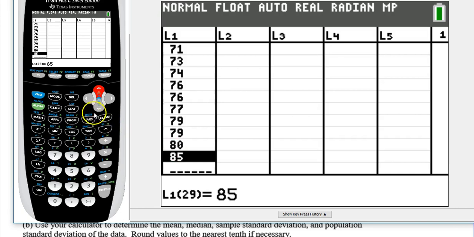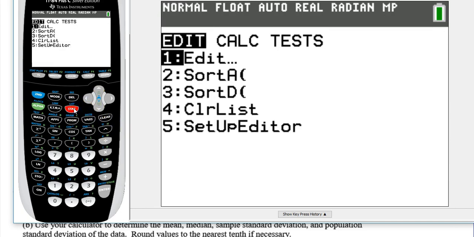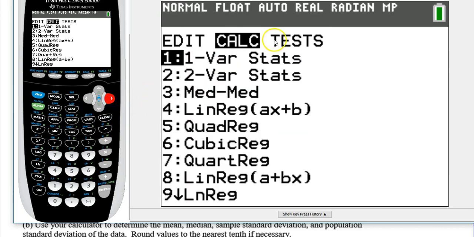Cool. So now we're going to hit Stat. We've got our data entered, so we're going to go to Calc. So right click, and we want one variable stats. We're never going to use two variable stats. It's always one variable stats when we're doing our descriptive statistics. Okay, so hit enter,